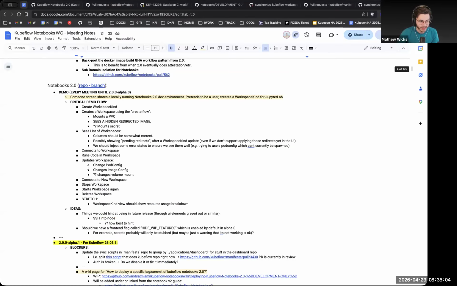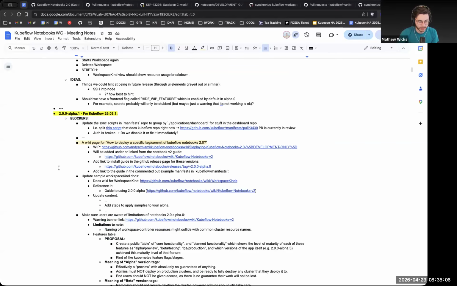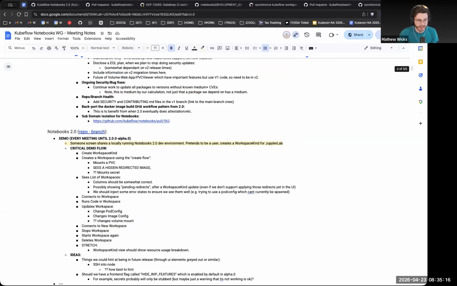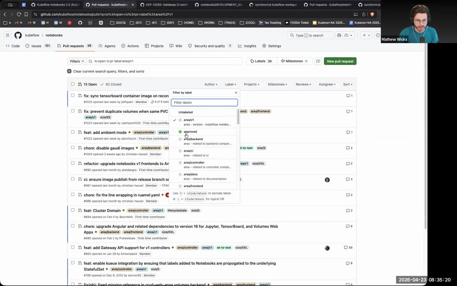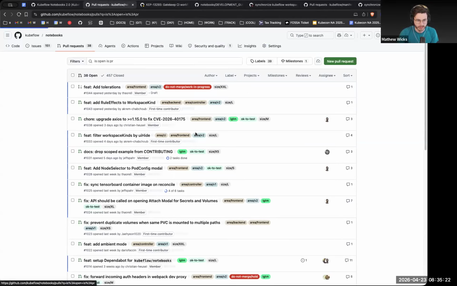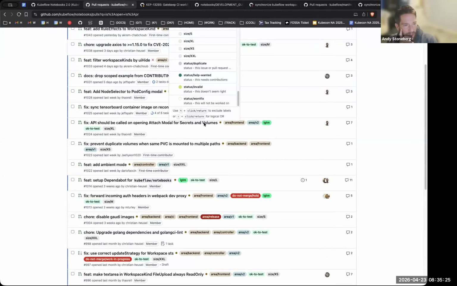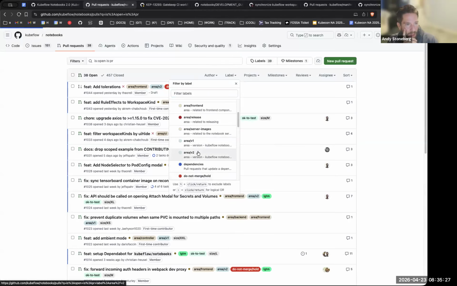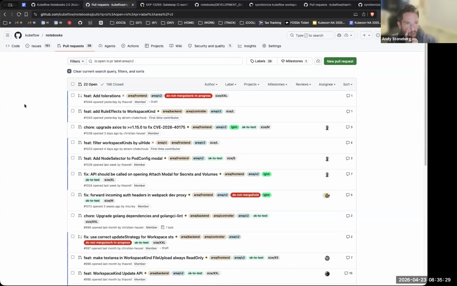Okay, so other than the stuff we were talking about before the meeting, we need to cut a new release because there were some changes that needed to be in there to fix the manifests. Is there anything else that needs to be in before we cut that release that's already pending on V2? Not needs to be in, but I feel like we have quite a few PRs that are ready to just dive in and hopefully get merged. So it certainly doesn't need to block release of anything, but